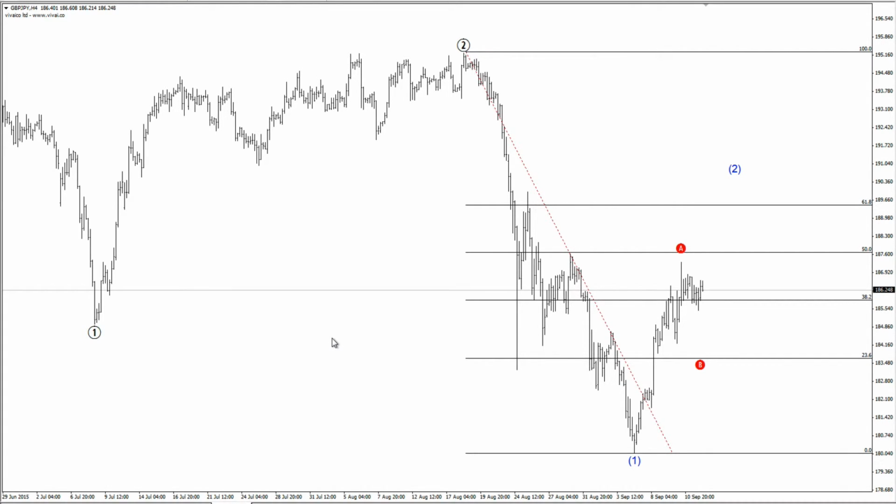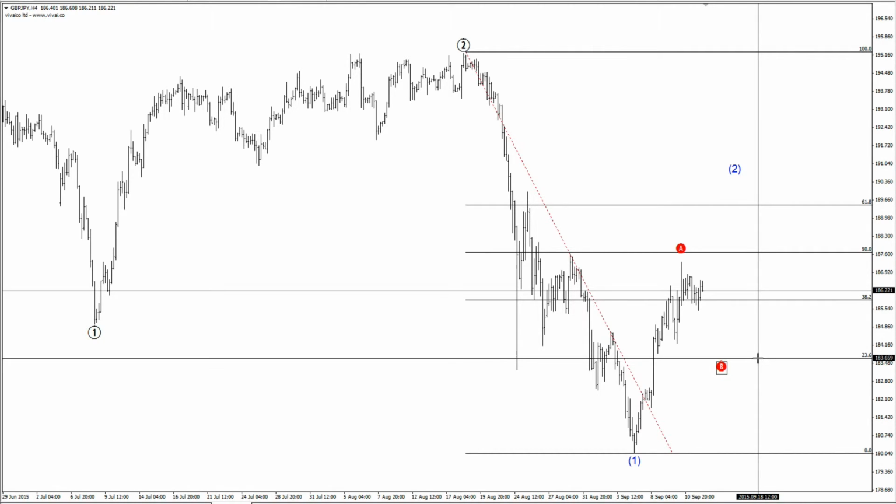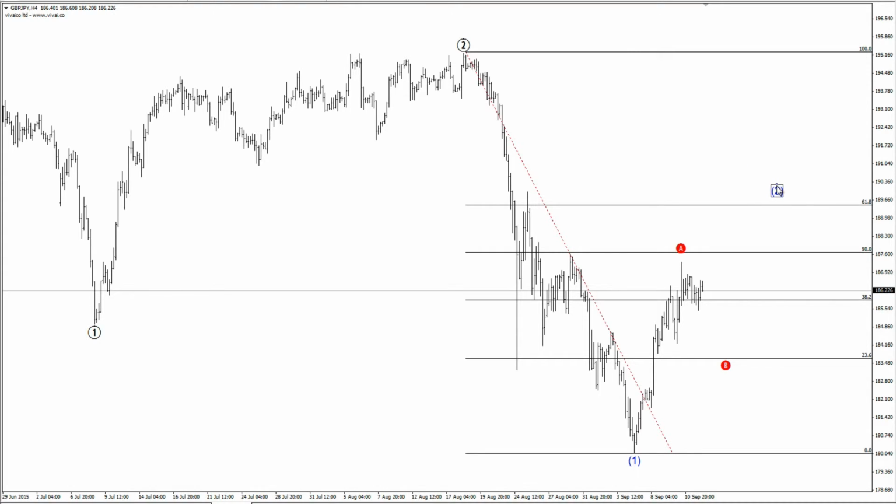Pound Yen is more or less on the sideways motion still. We are right at the 38.2 Fibonacci retracement level, forming a B wave in my opinion. Price now 186.215, and I'm expecting a push to the downside, perhaps towards the 23.6% Fibonacci retracement level, which is at 183.66, and after that one more push higher to complete the minute wave 2